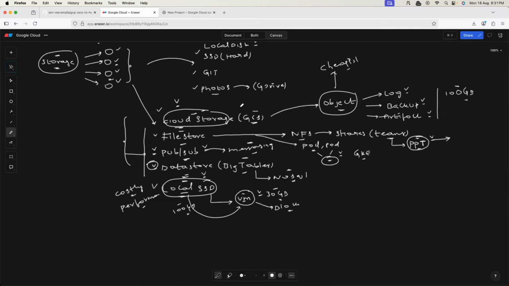Go for cloud storage if you are looking for an object store to store random things like logs, backup, artifacts, anything that is not very significant for your organization, and you just want to use it like heavy storage. File store, if you want to share some important files between different teams of your organization or multiple stateful applications